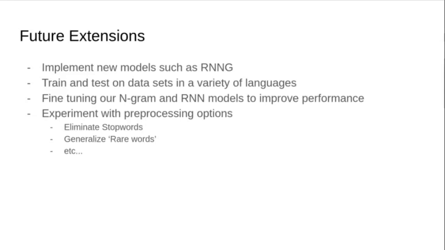Finally, we think we would get very different results if we changed how we pre-process the data. For example, we could generalize all rare words, or words that appear less than, say, 0.5% of the time as an example, into a simple rare tag, generalizing them all into the same term. This would actually save a lot of memory, and as a result, we could train on a much larger dataset.